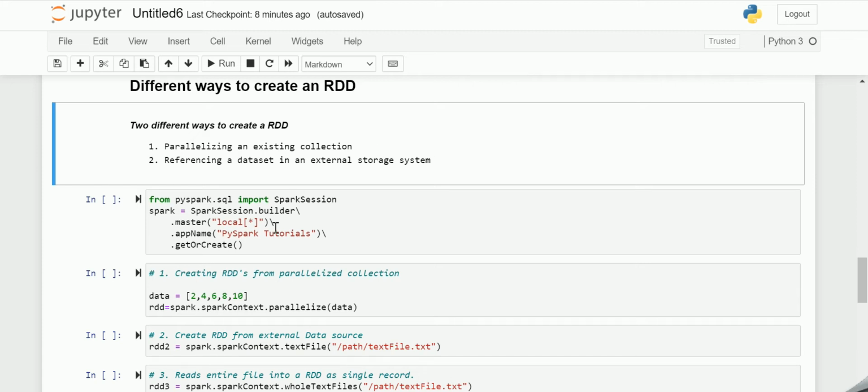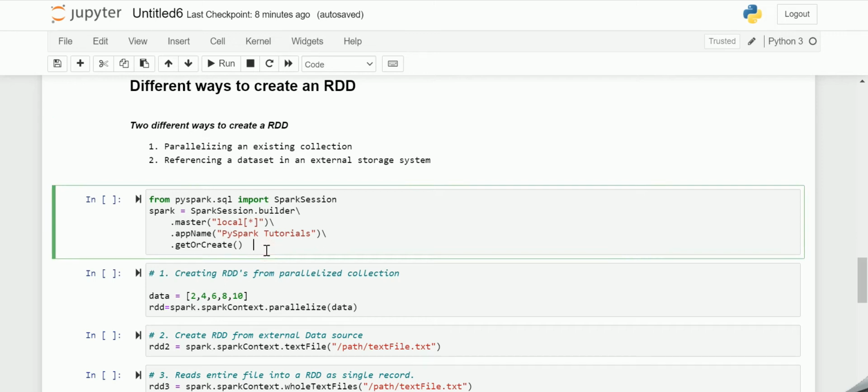So before we start working on the examples, we just need to initialize the Spark session. The Spark session can be initialized with the help of the builder pattern method, which is defined in the Spark session class. As you are already aware, while initializing, we need to provide the master and the application name as shown here. In a real-time application, you will need to pass the master from Spark submit instead of hard coding it in the Spark application.